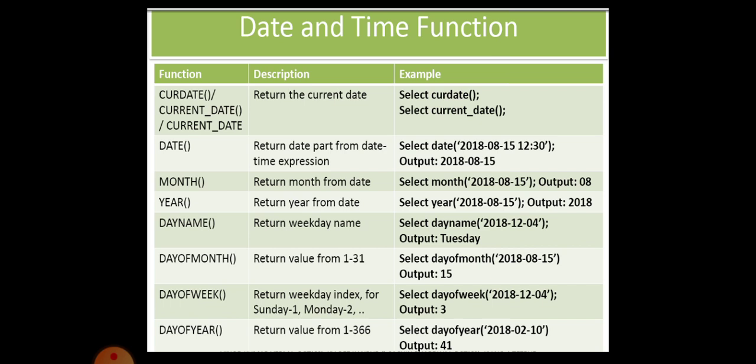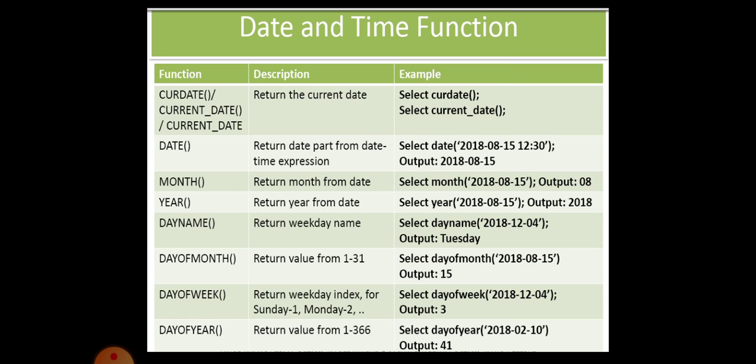Then MONTH will return the month of a given date value. All these functions can be used along with the table data. The examples only have direct values, but you can also use all these functions along with the column name within a table. So it will return 08. Here YEAR is very similar to the month function. It will return the year part of the date given.